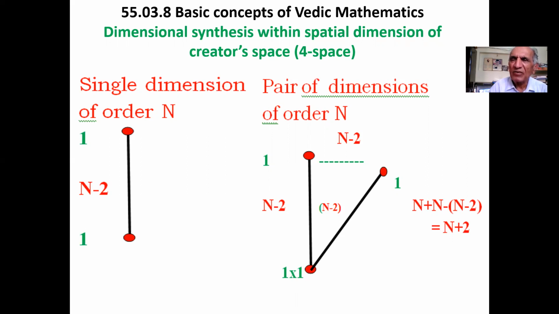The second dimension will add value number 9, and the free pair of endpoints of the pair of dimensions will have a gap n minus 2. This gap will be filled by the n minus 2 in-between points of the pair of endpoints of the second dimension. So the net setup value will be n plus 2.